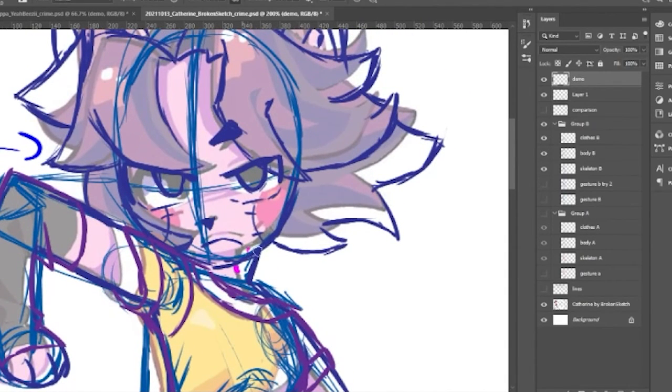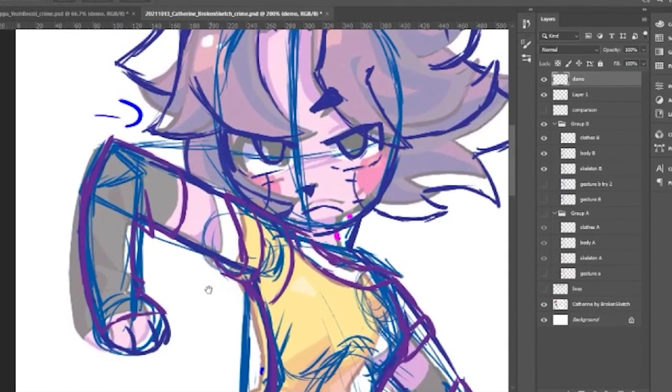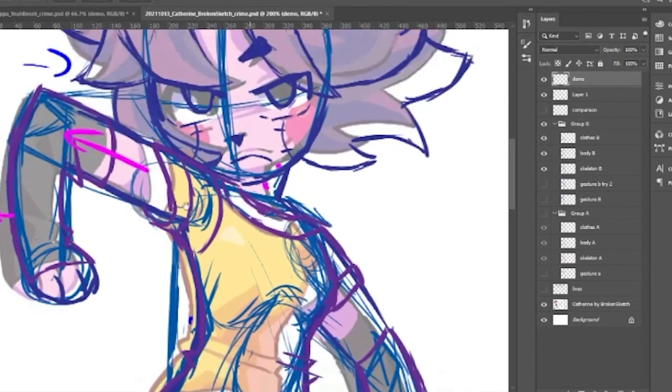But the head's only a little bit off. Look at that. That's pretty good. And I just need to extend this arm a little bit, because I got the arm going the right way this way. Then I didn't extend it out enough this way. So I need to pull it out a little bit to here.